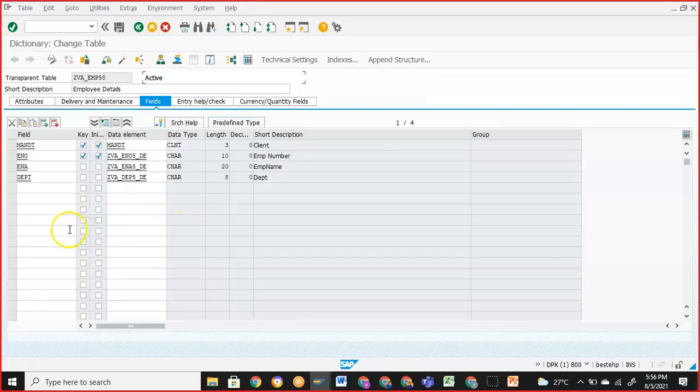So in this, the main considerable change is the creation of domains and data elements, and then assigning these data elements at the table level, and also giving the first field as the client field to make this client specific or client dependent. If you make it client dependent, then in 800 you can maintain different data, in 810 you can maintain different data, in 820 you can maintain different data. Since you have maintained the data in 800, now if you go to the 810 client and see, the table will be there but data will not be there. It will be blank. Data will not be there at all here. This is what we have.